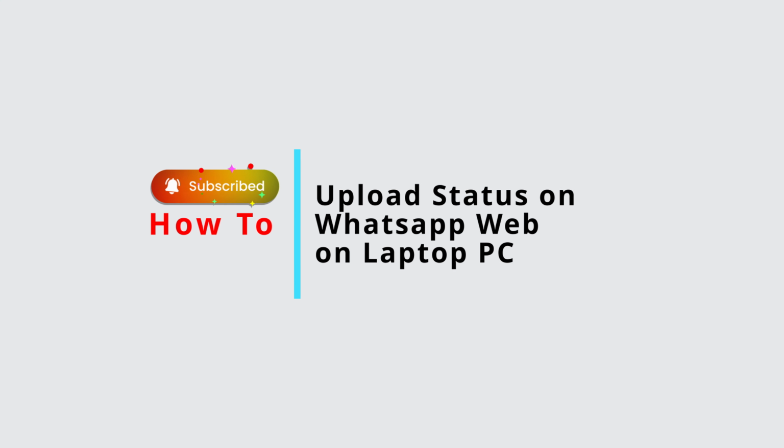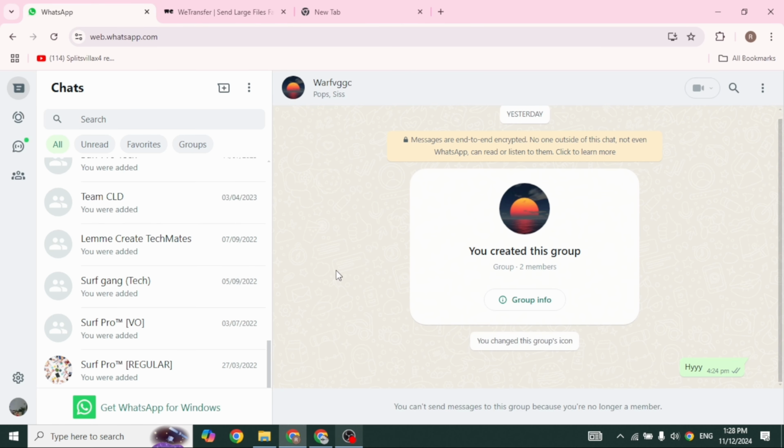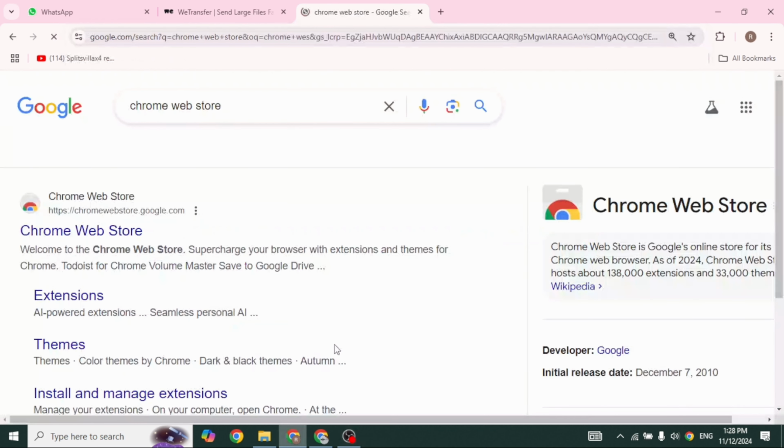How to upload status on WhatsApp Web on PC. Let's get started. Launch your WhatsApp. Now, open a new tab. Head towards this website,